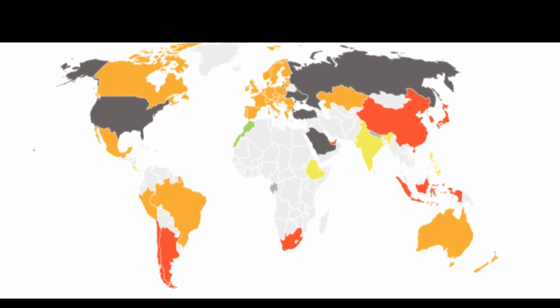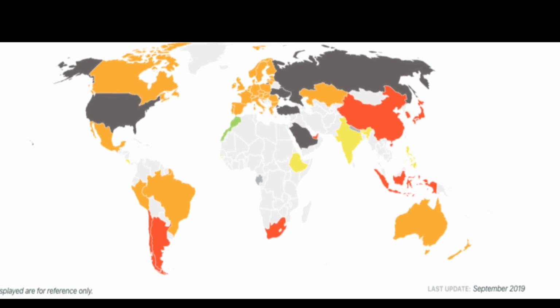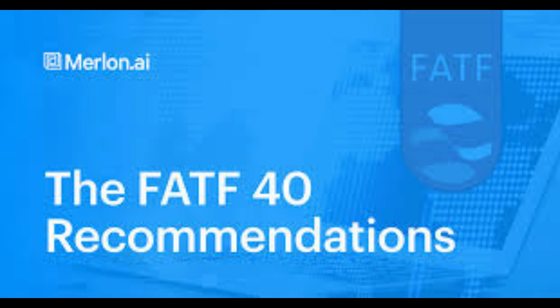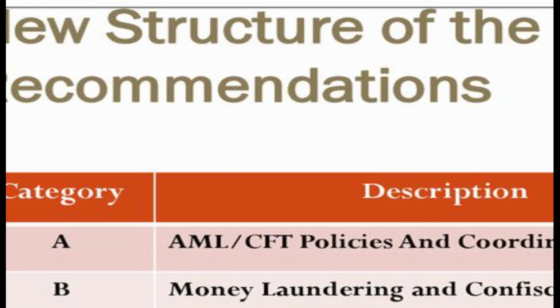The FATF completely revised the 40 recommendations in 1996 and 2003. It means it keeps on amending and revising its basic recommendations depending on the evolution of money laundering or terrorist financing. Among the 40 recommendations for money laundering, the important ones are: implement relevant international covenants,